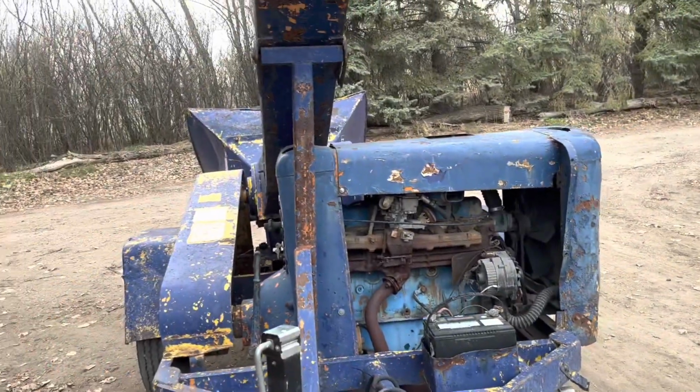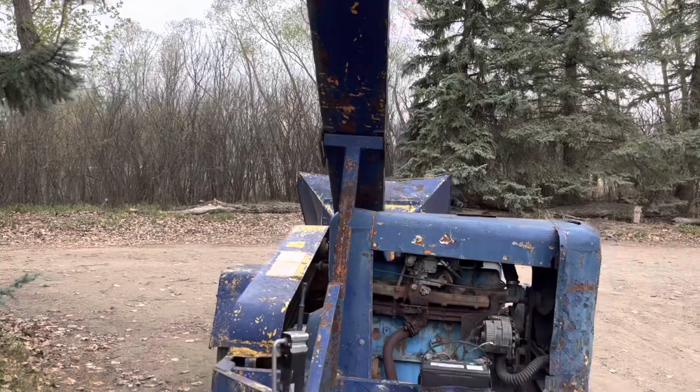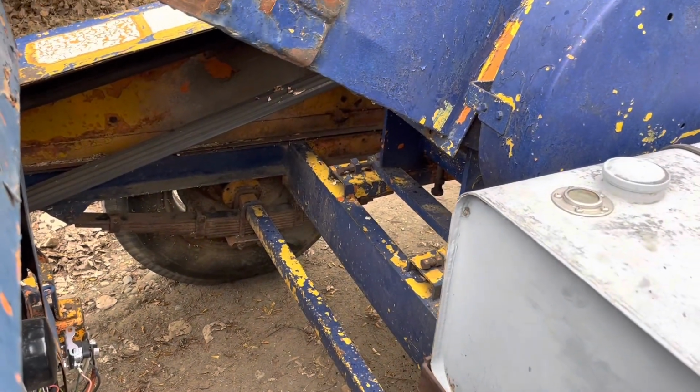We had a neighbour come out and help us get a bolt off that was not being very cooperative. So I appreciate you coming out there, John. Thanks for that. So now we got that bolt out, we can get the anvil out, take a look at that and see if we need to replace it or